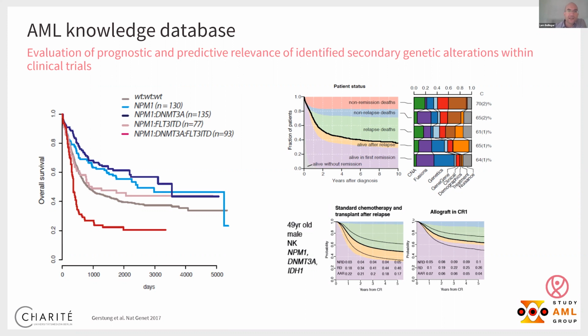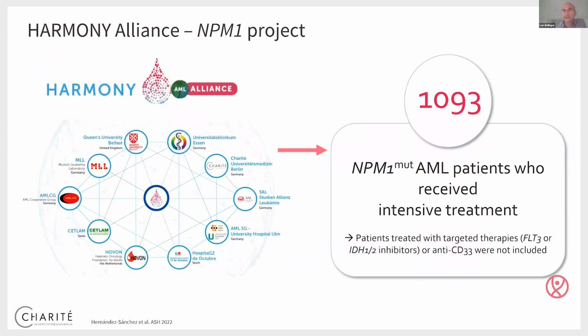The ones that only have NPM1 and DNMT3A alone, this is the dark blue cohort, are nearly doing as well as the NPM1 cases without additional co-mutations. So it looks like if FLT3 and DNMT3A are coming together with NPM1, that is a really poor prognostic outcome. And what we have now done was of course obvious when we put together more data in the